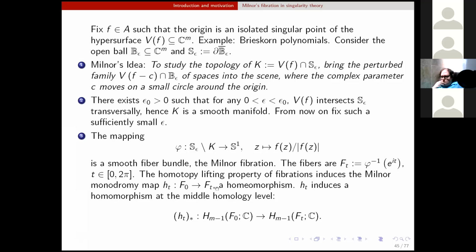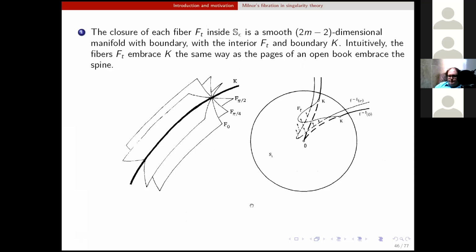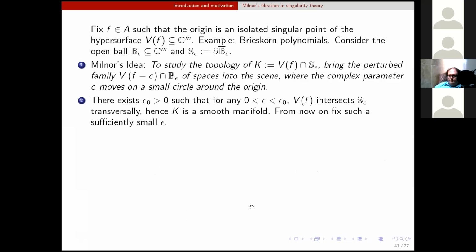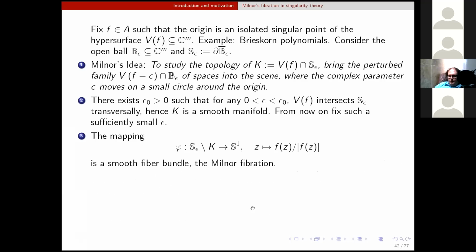So this homeomorphism induces an isomorphism, let's say of vector spaces, at the middle cohomology level. So this is also called Milner's monodromy map. Also the h of t and its image, the map it induces on the middle homology level, are called Milner's monodromy map. And okay, I told you that Milner developed this stuff to find an invariant